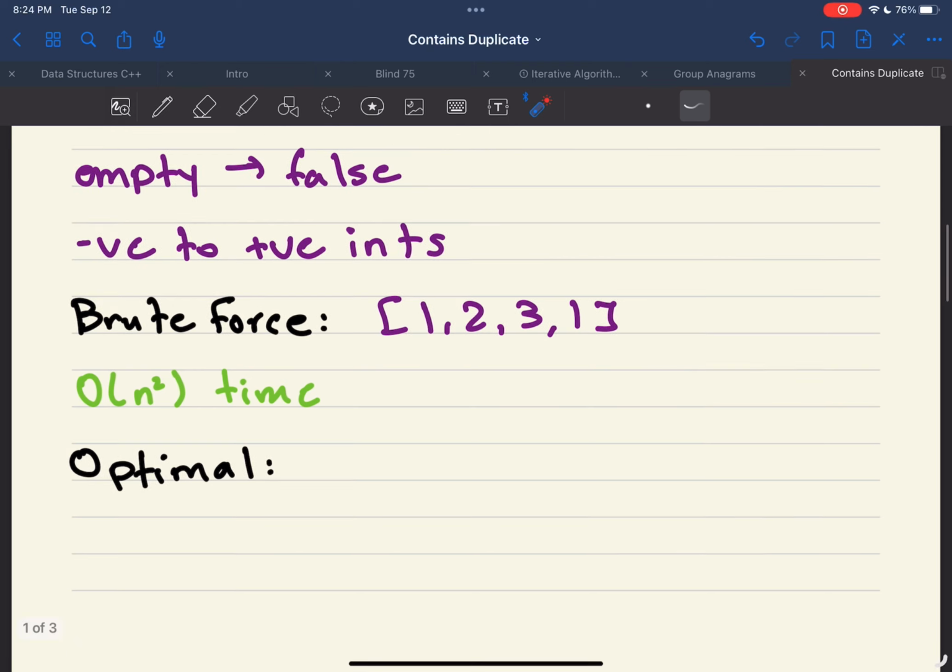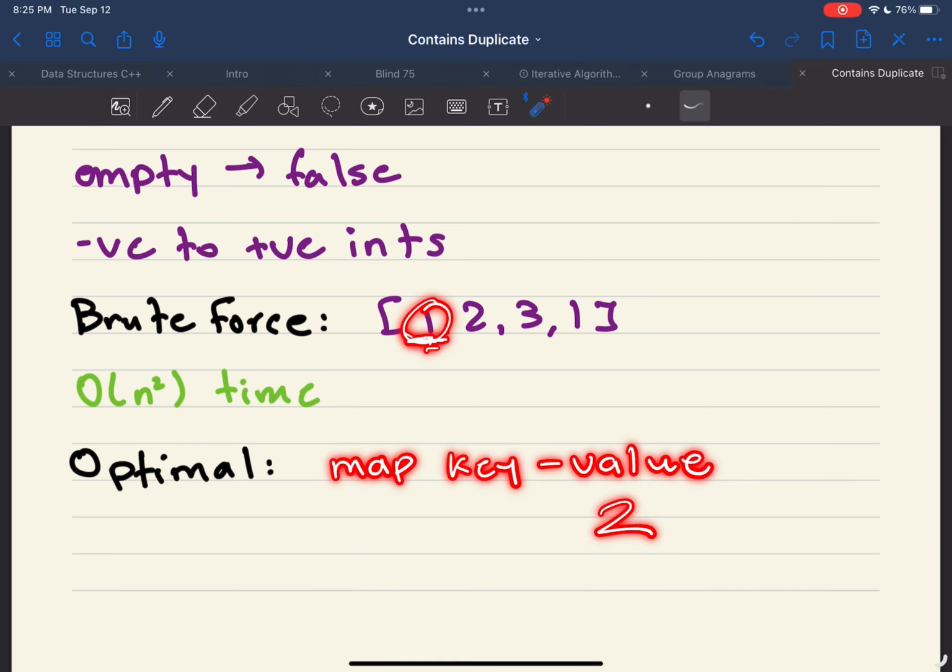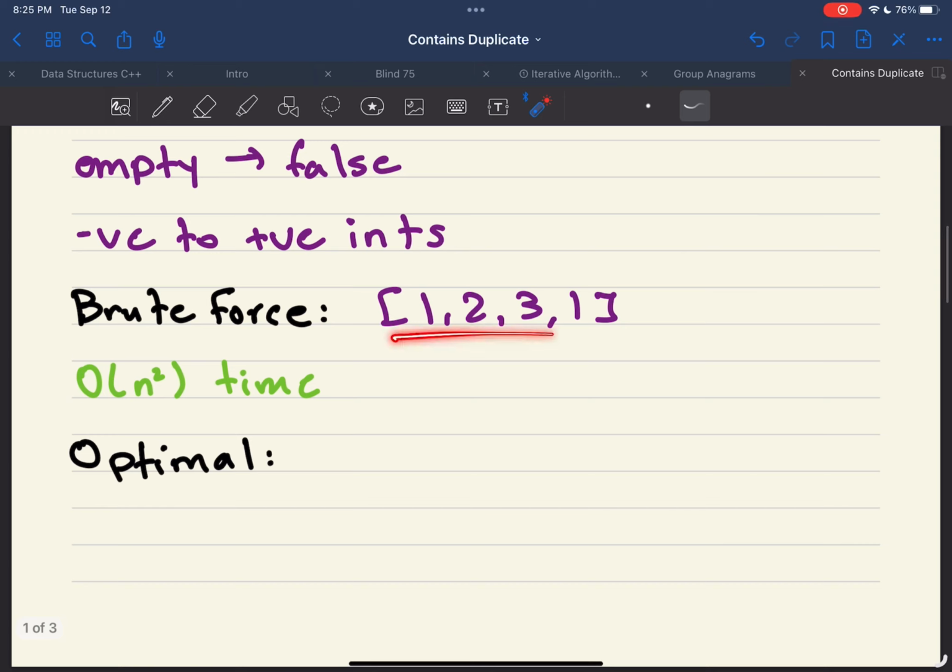If you know maps, they have key-value pairs. So our key could be the element, and the value would be the frequency. In this case, 1 would have a frequency of 2. And after we add all these elements and their frequencies, we can do that in one pass, right? So we take this element, we add it to the map, we add this element, we add it to the map, and so on. That would eventually add all the elements and their frequencies, and then we can do another